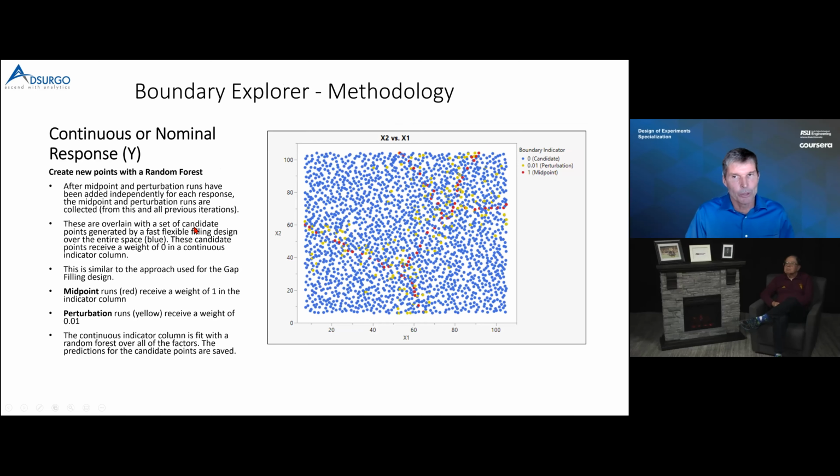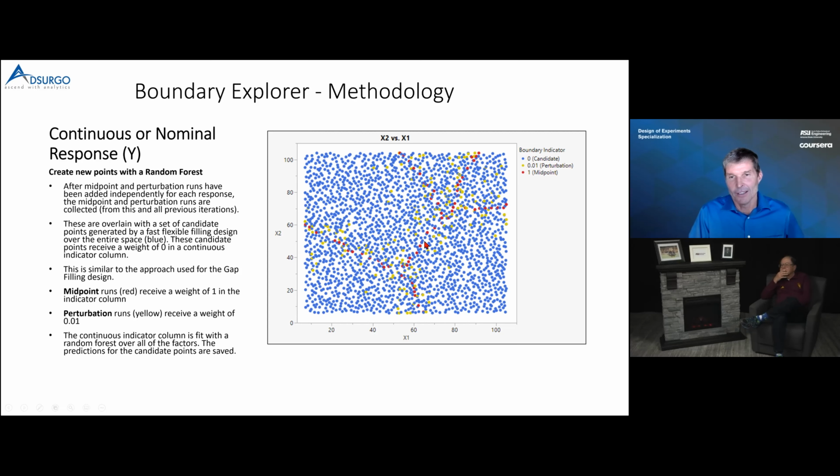And then the last way we do it is with the random forest, where we do it exactly like the gap filling idea, but we do it across all of the responses. So what we're going to do is smatter in a whole bunch of new potential points from space filling. And then we're going to say, if you are a perturbation point or a midpoint, we are going to give you a value, and then we're going to use random forest to get whatever's closest to those perturbation points. And the midpoints, we're going to go ahead and score those with the random forest, which again